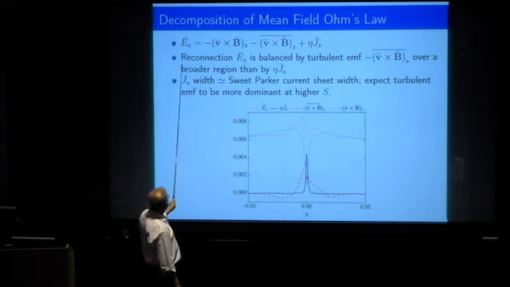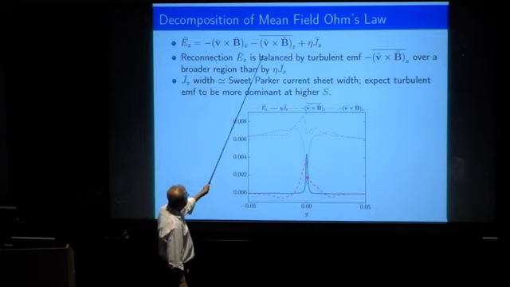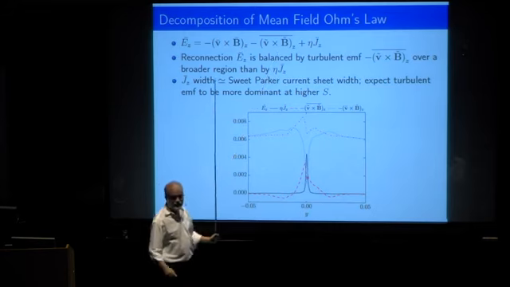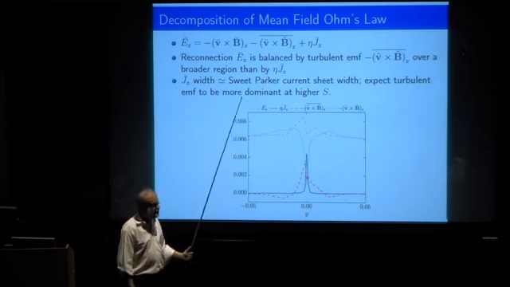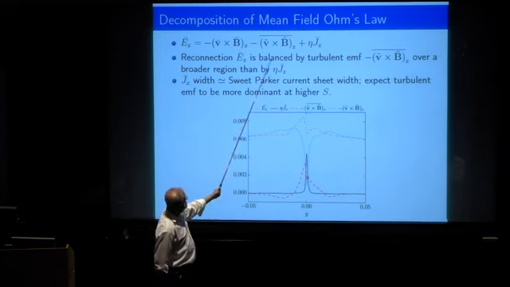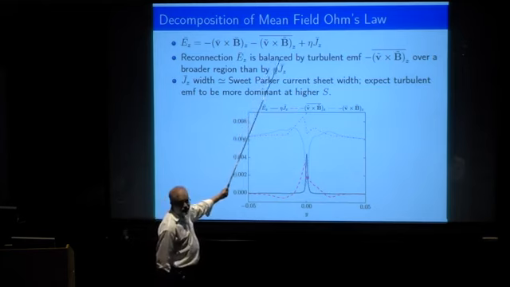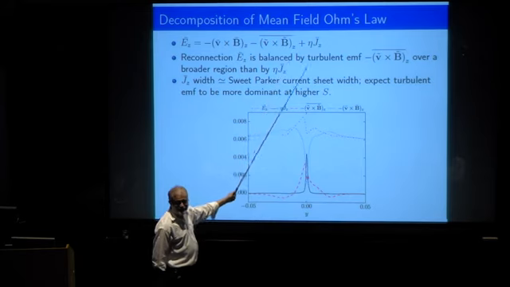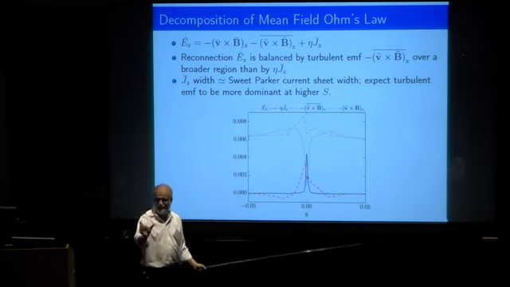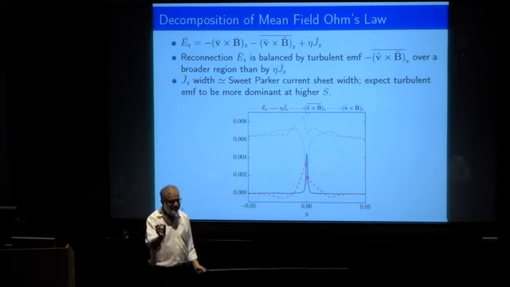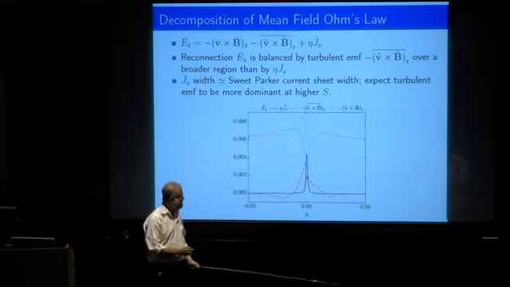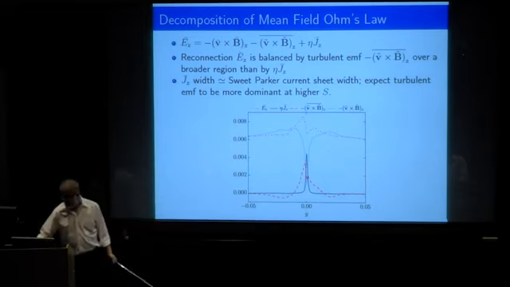whereby you take the mean electric field and you average it, you get this term, which is like a dynamo-like term. I'll talk about dynamo theory in the second part, so you'll understand this a little bit better. But this does not mean eta A Jz, so that eta can simply add on to eta A, give you a larger resistivity and a broadening of the current density width, and hence the faster reconnection. Current density width is not changing very much, but the reconnection rate is going up. So this is something that we are looking at.